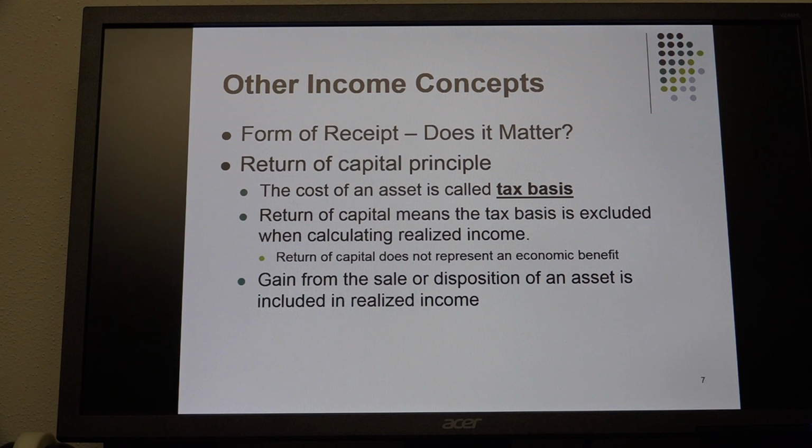Sales proceeds less selling expenses, if any, equals the amount realized less the basis in the property sold. That's the amount of capital that you've invested prior to this transaction in that property, equals the gain or loss on the sale. And so you'll hear this phrase, tax basis of the property. Sometimes they'll call it adjusted basis. It means essentially the same thing.